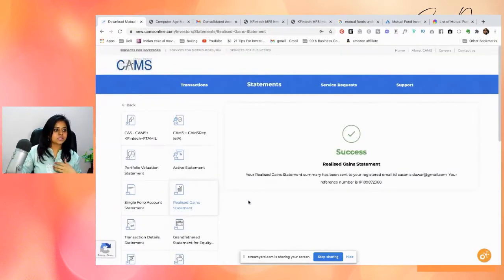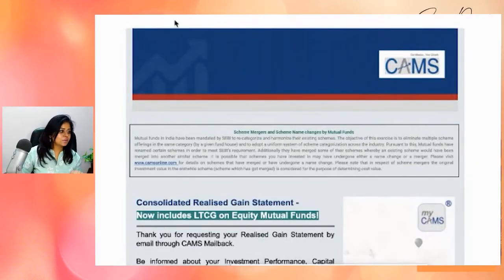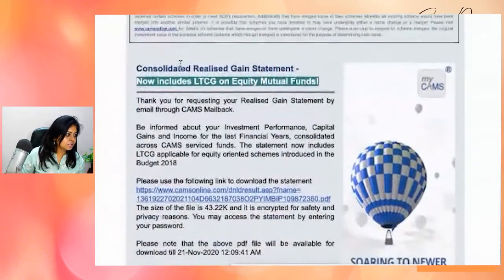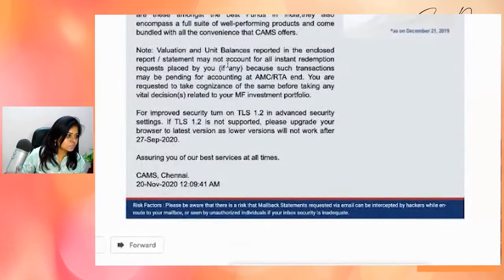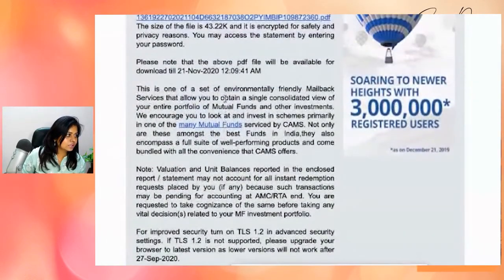Confirm the password, and when we click on submit, it says that you are successful and the email statement has been sent to your registered email address. Alright, so we have got this email, and as you can see, there is a link. So please use the following link to download the attachment or the statement. If I click on this link,